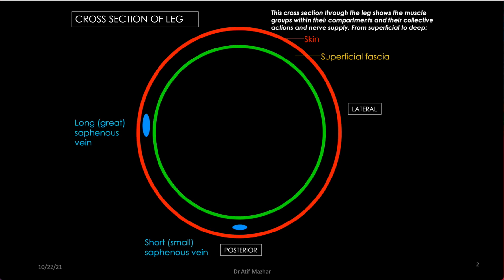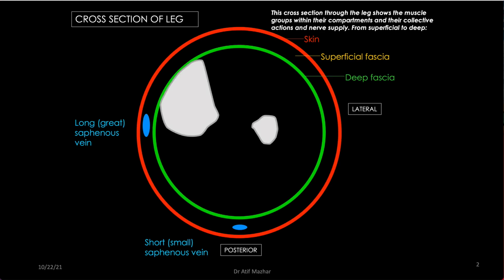And then this green circle indicates the deep fascia, and inside that, first we see the bones. We have two bones here, a big one and a small one. The big one is the tibia, and look at it, the tibia is almost bare at one aspect under the skin, so there is no muscle intervening. So that part is the subcutaneous part. This is my tibia, and this tiny one is the fibula. The place where the tibia is directly related to my deep fascia is the subcutaneous border, or subcutaneous surface, of my tibia bone.